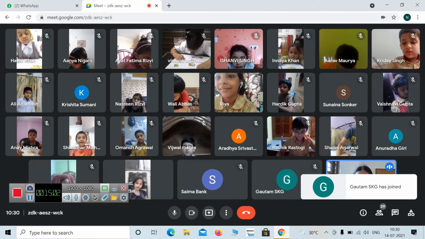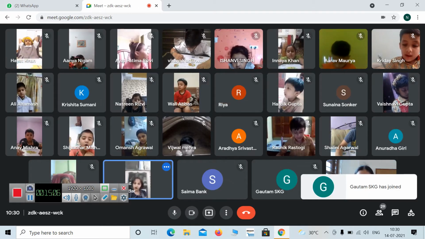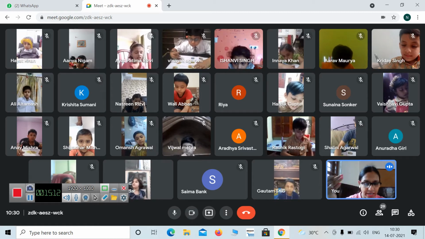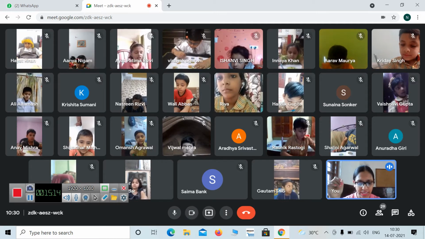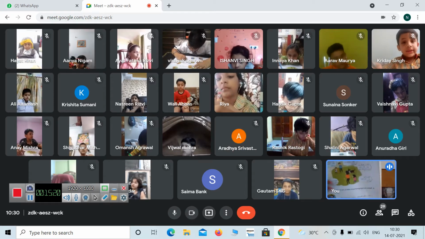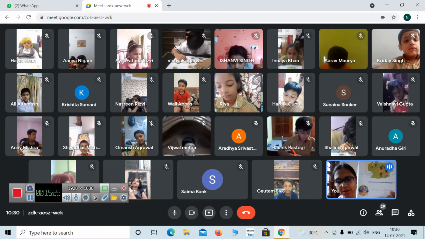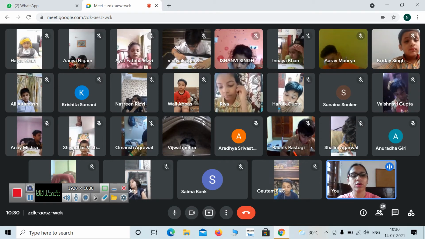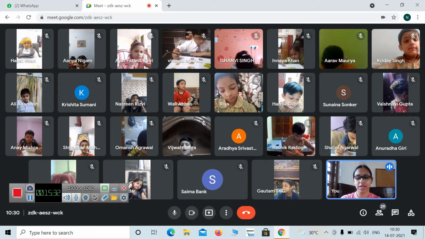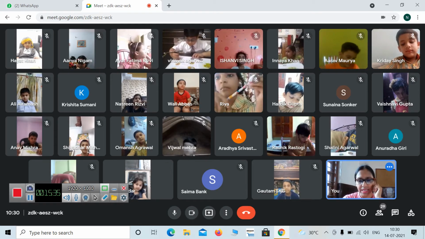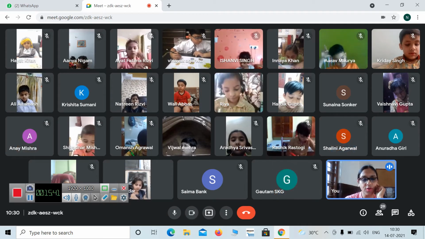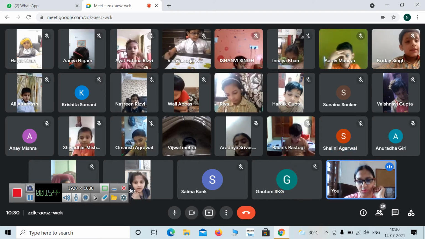Now the next exercise says replace. You have to replace the highlighted nouns with he, she, it or they. Highlighted means the nouns written in different colors. In their place we have to use pronouns in the blank. Ayat, the first one. This is Mrs. Sharma. Mrs. we use for the ladies, for the girls.